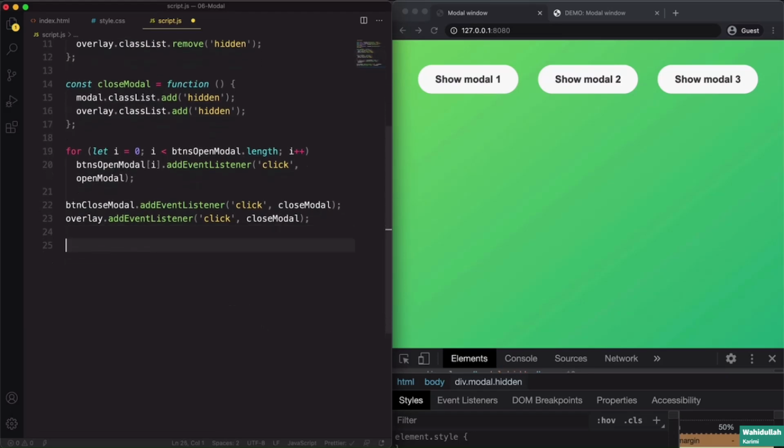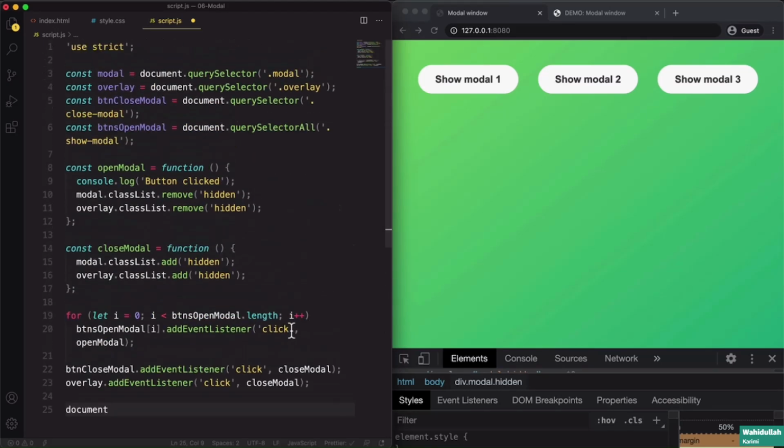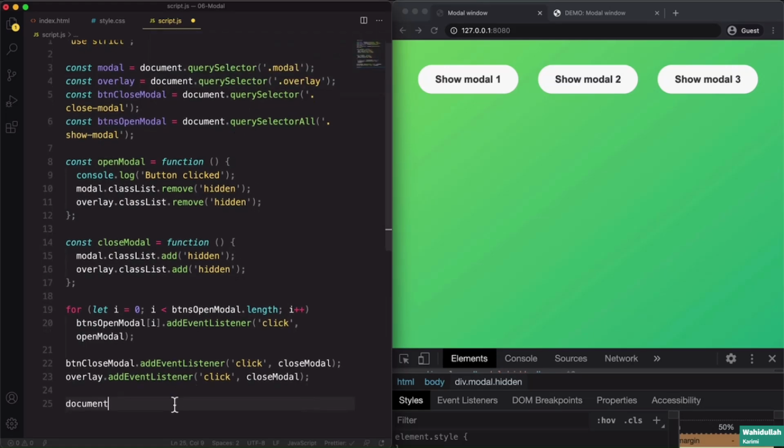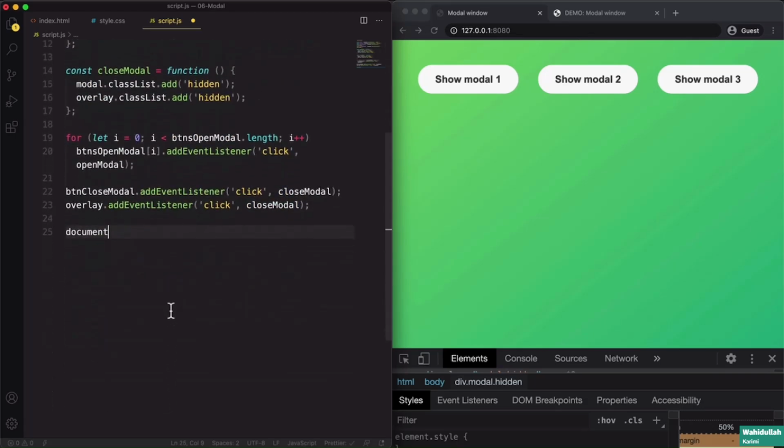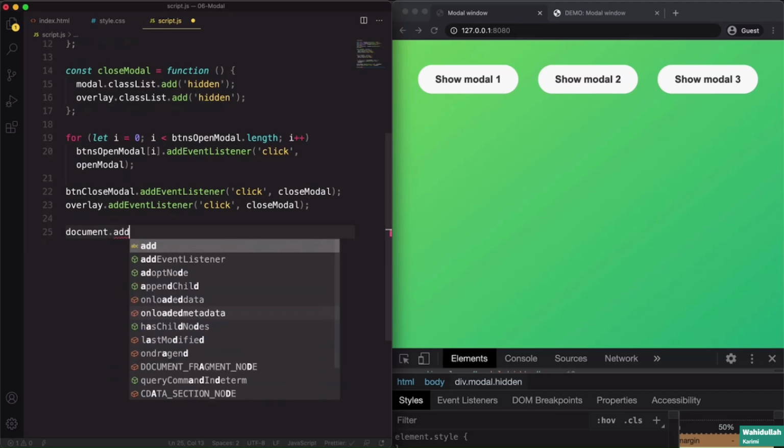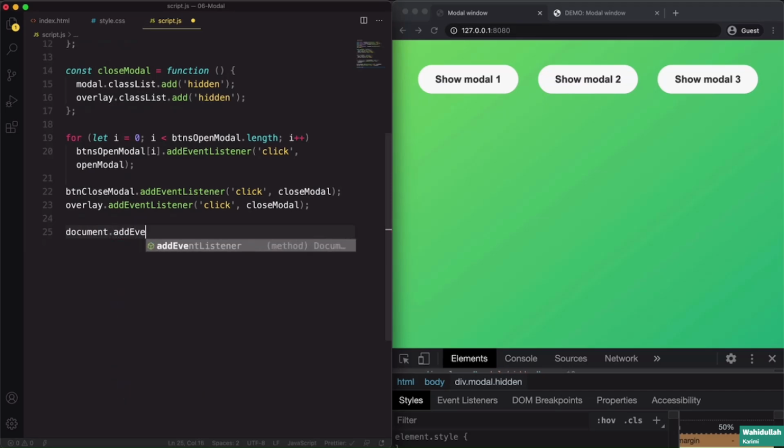And now let's write document. So that's the same document that we use for querySelector. And so basically it's a big object which contains a bunch of methods for all kinds of stuff. And that includes the addEventListener method. So by using addEventListener here on the document, we are basically listening for events everywhere. So no matter where they happen on the page, they will always trigger the event handler